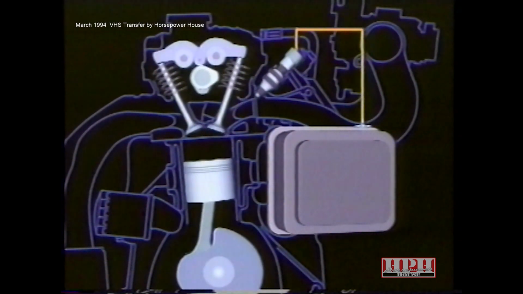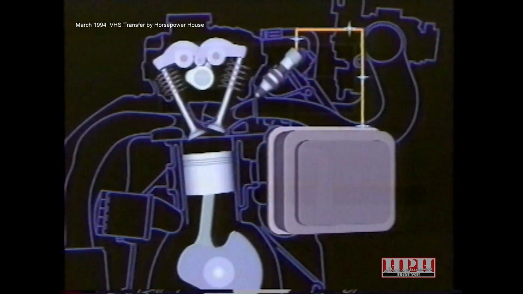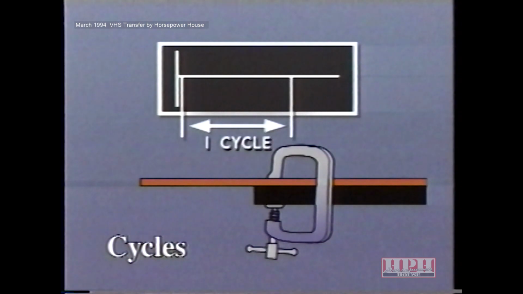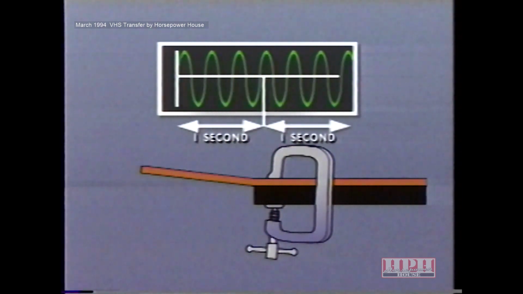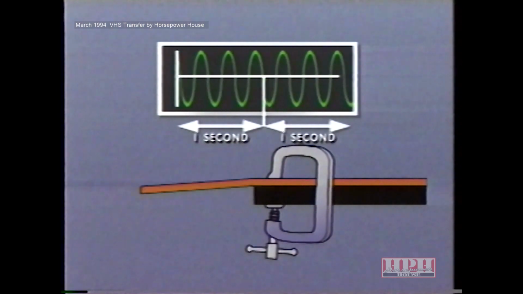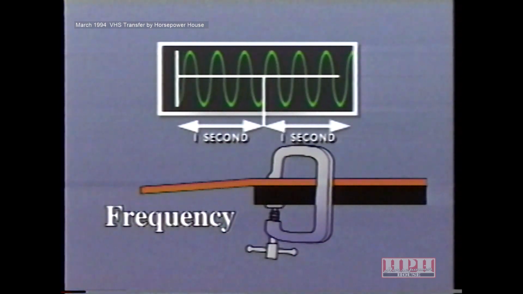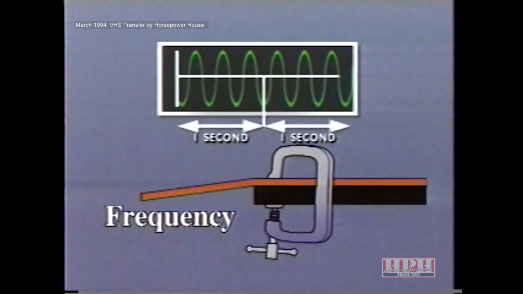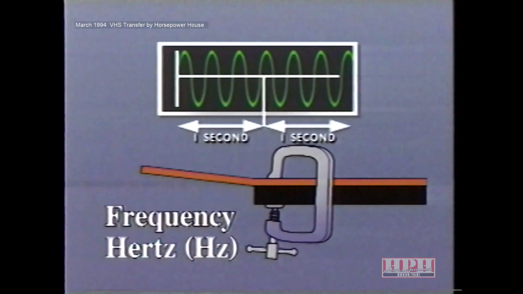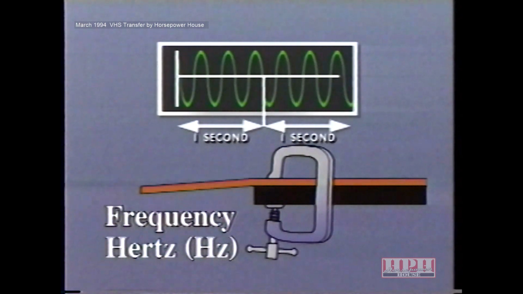Both sounds and vibrations are measured in cycles. In the case of a ruler vibrating, a cycle represents the complete path of travel, beginning at the midpoint, through the lowest extreme, through the upper extreme, and back to the midpoint where the cycle begins again. The number of times an object completes its cycle during a given time period is called its frequency. Frequency is measured in cycles completed per second, and the term for cycles per second is Hertz, abbreviated Hz.